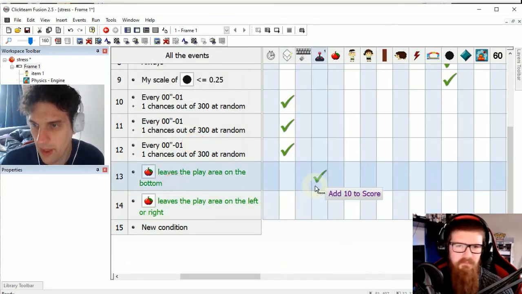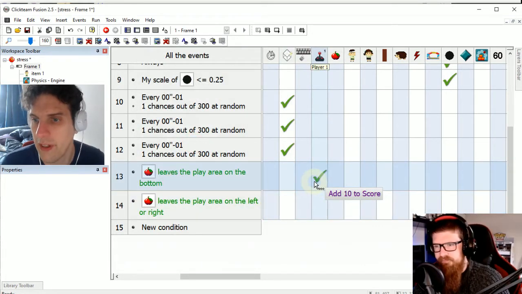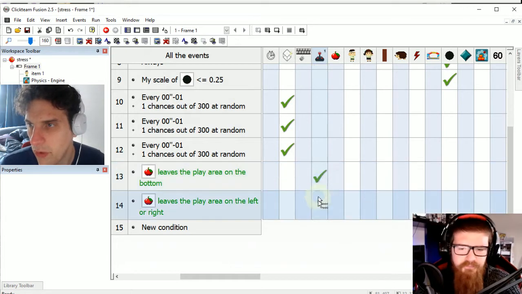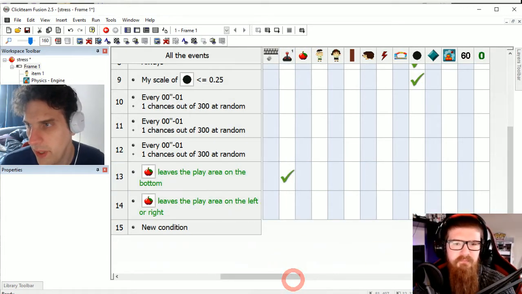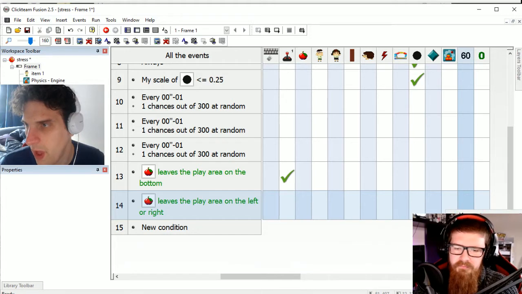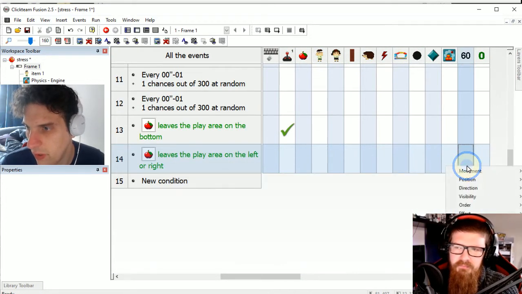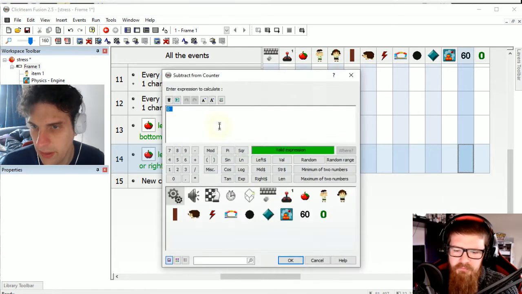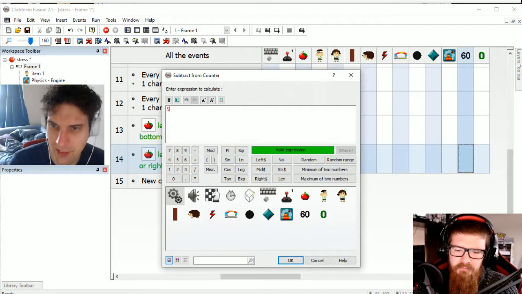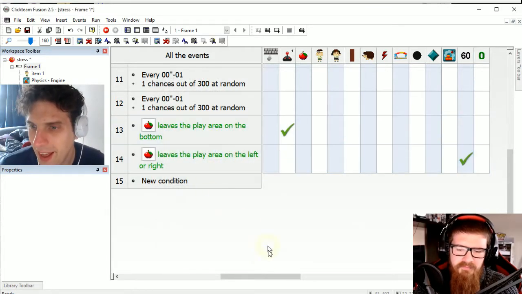then at that point, if they go off the left or right, we want to take some time away, maybe? Subtract from score. How much do we take away for a hedgehog? Let's take away 5. Let's take away 5 if they leave left to right.